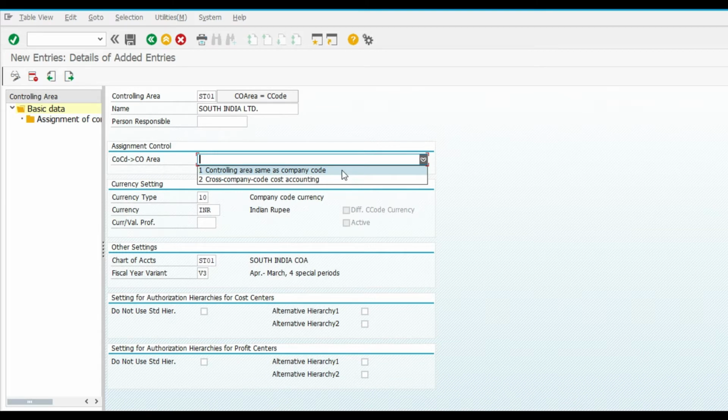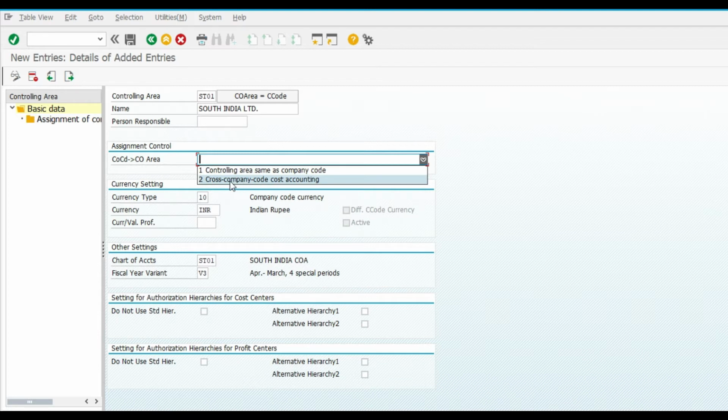What is the meaning of controlling area same as company code? Suppose I have one company and I want to use only one controlling area in that company, then I will go with controlling area same as company code. If my company is an MNC or I have many plants on which I want to control the cost differently, then I have to go with cross company code.